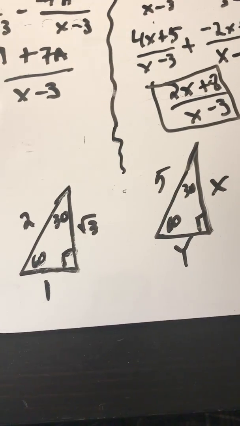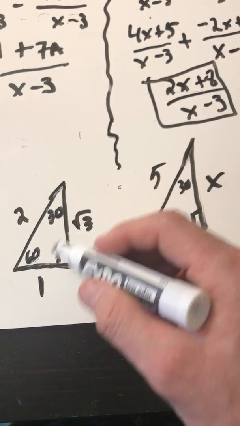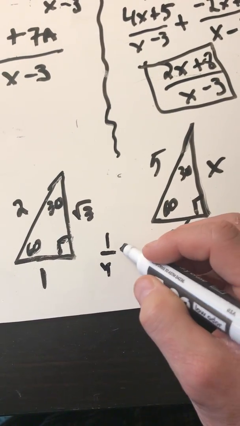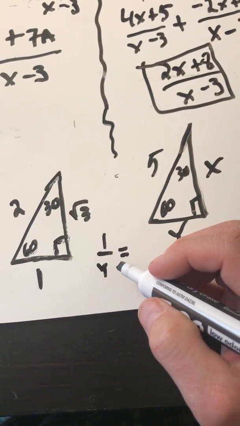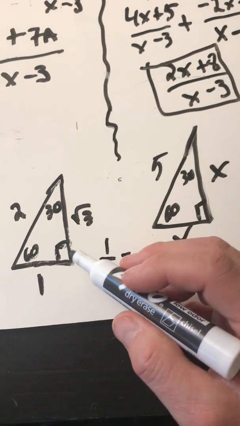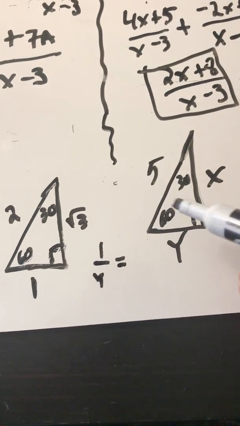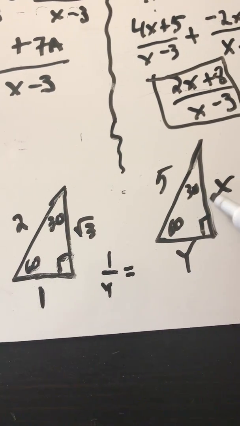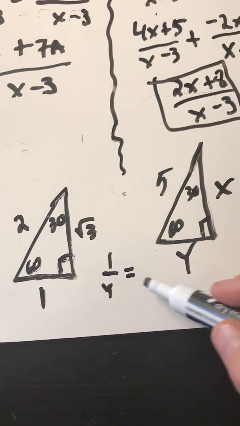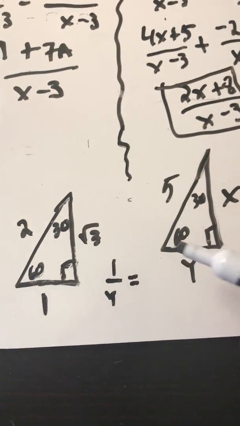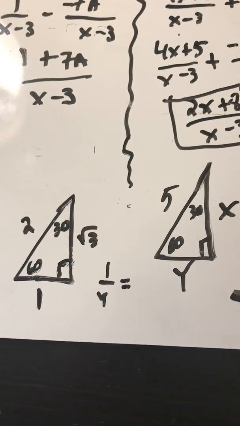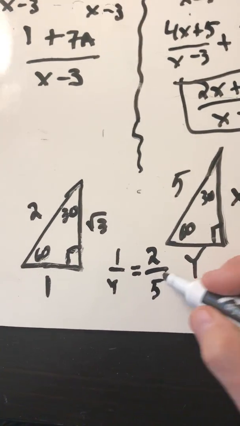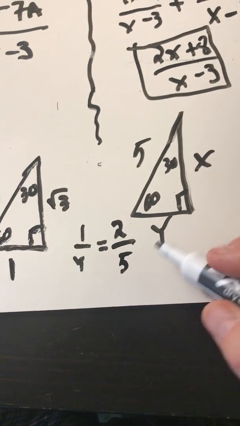So let's try and find y. Opposite of this 30 is 1. Opposite of this 30 is y. So equals, we're going to have to fire the 90-degree cannon because we know the 2 and the 5. If we were to fire the 60, we would get radical 3 here and x on the bottom. Two variables in one equation is not good. So we're only going to use 1, which means we're going to fire the 90-degree cannon, 2 over the 90-degree cannon, 5. You cross multiply, you get